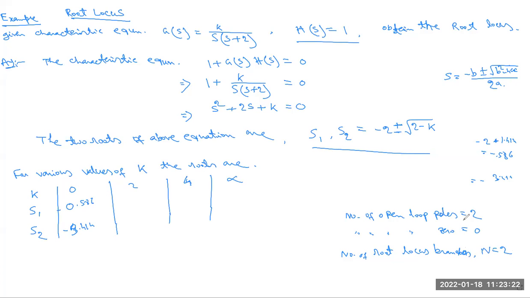So when the number of poles is 2, the number of branches depends on the number of poles. Okay, so please everyone solve these equations, and determine the different values of s1 and s2,